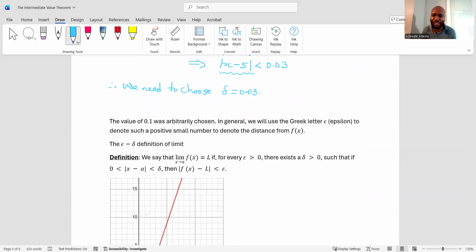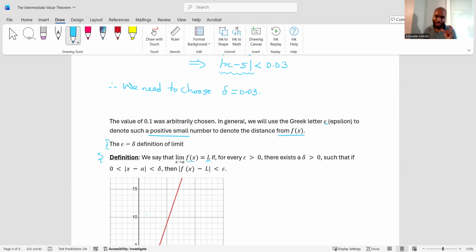So in general, we will use the Greek letter epsilon to denote such a positive number, to denote the distance from f of x. So we come to the epsilon delta definition of limit. So that is the precise definition of limit, the epsilon delta definition of limit. What does it say? So we say that the limit of a function f of x as x goes to a equals a real number L